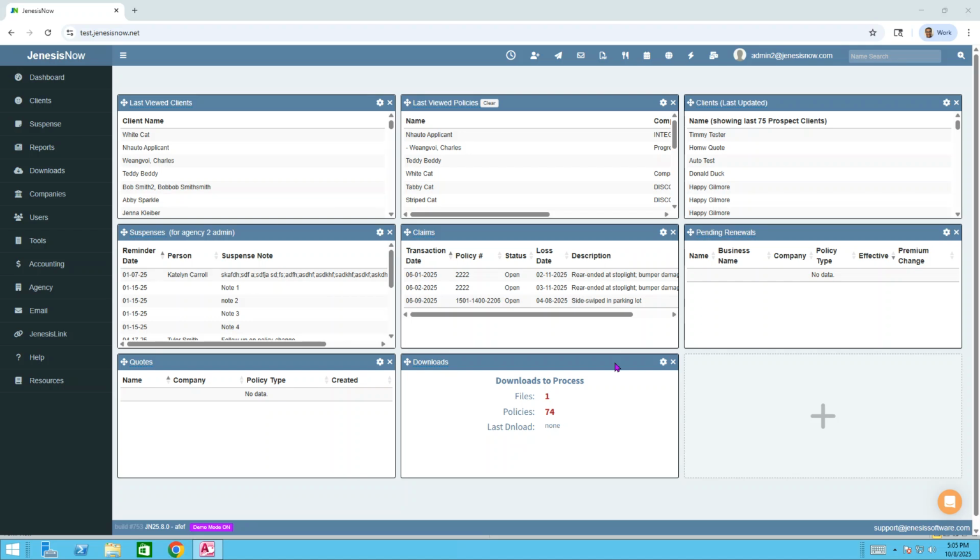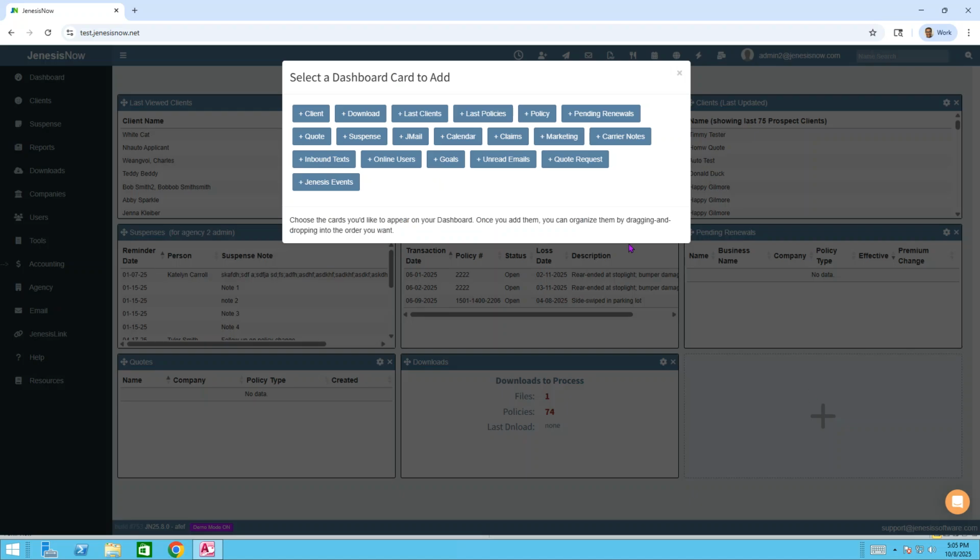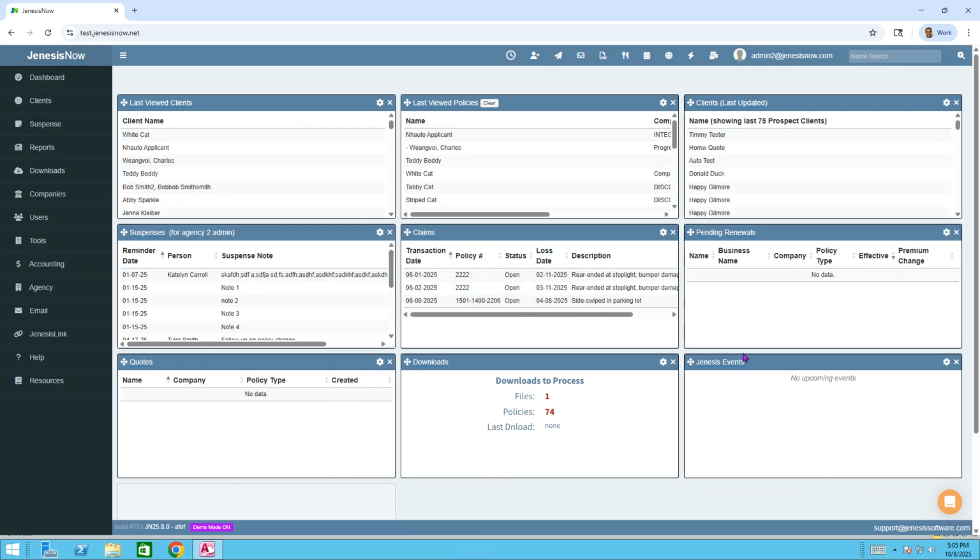From inside your Genesis Now dashboard, let's add our dashboard card by going to the open space, clicking on the plus, and looking for the Genesis events. Once we've located Genesis events, we click on that dashboard card, and it now adds the Genesis Events dashboard card